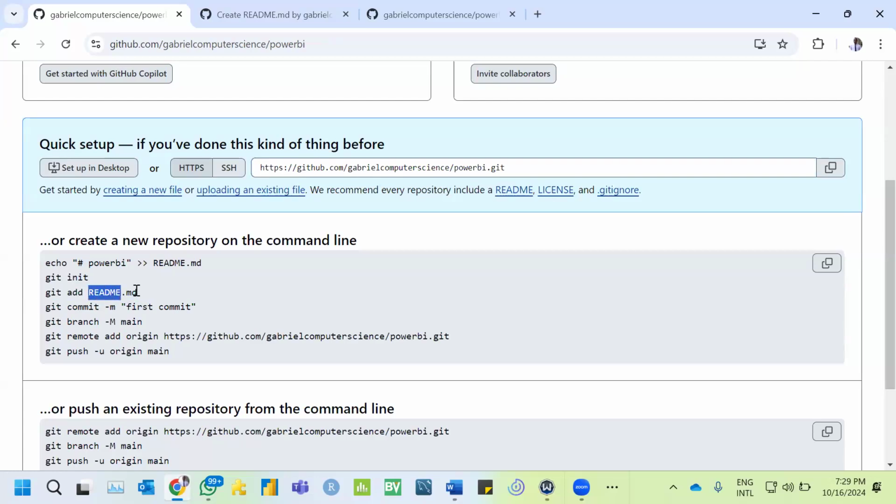Now, instead of giving the name of the file that you are adding, if you have multiple files, you just say git add space dot. You add your files. The next thing is git commit. These are default command lines. So you say git commit -m, first commit or second commit, whichever commit that you're making. Are you together? Then after that, you push